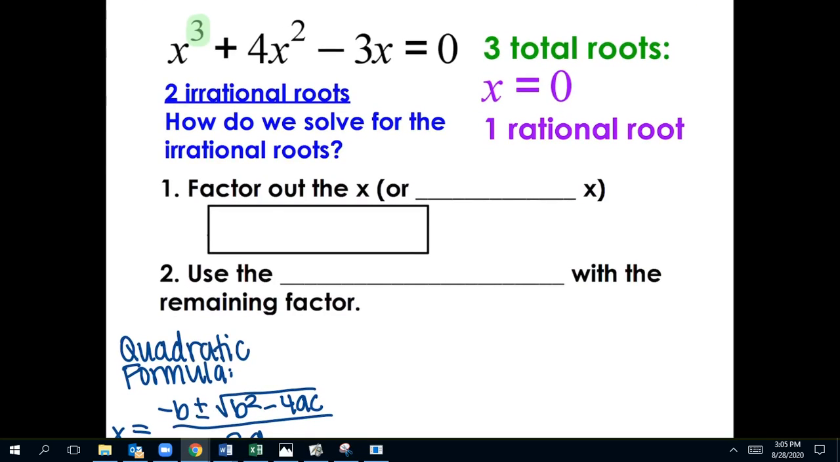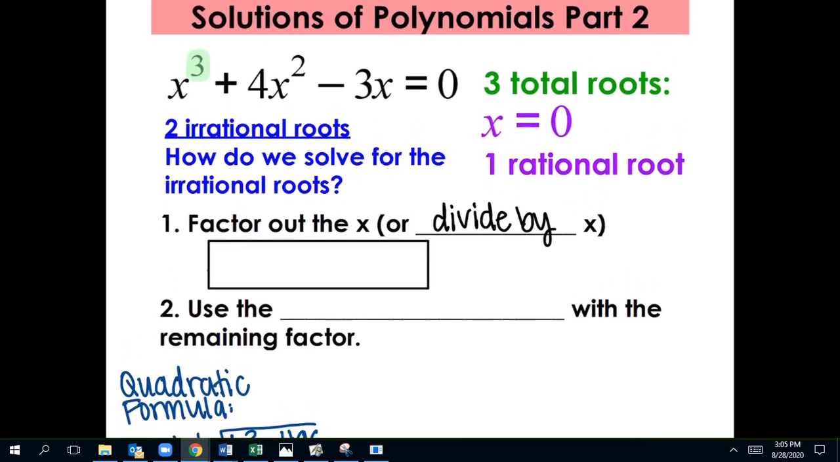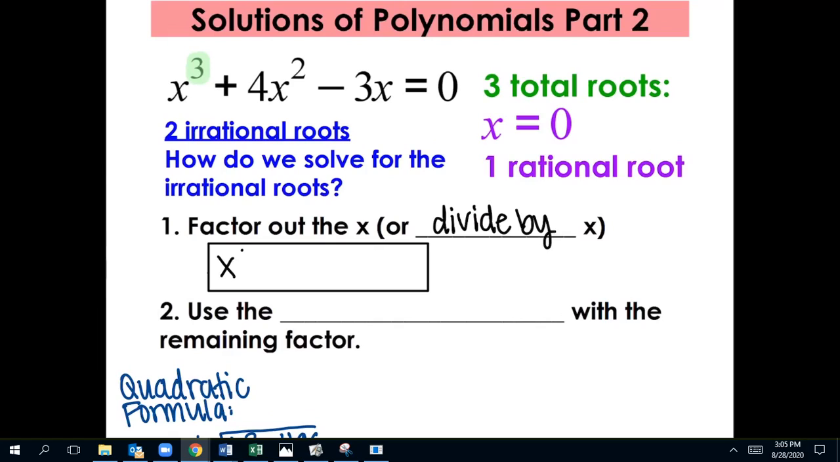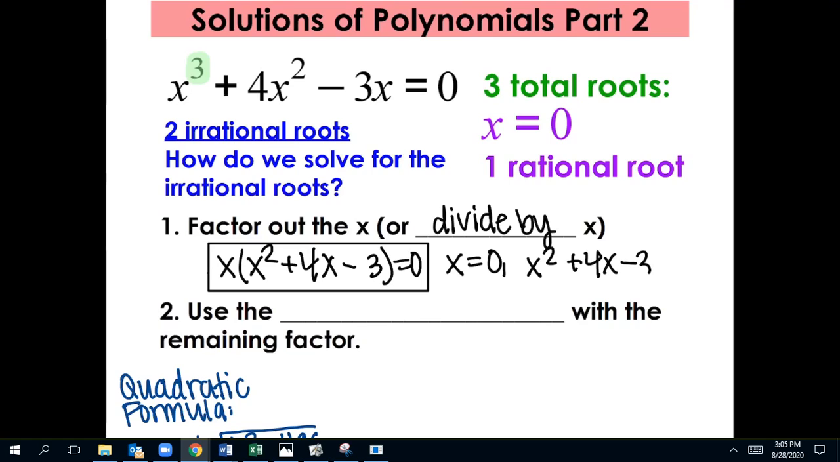What we can do is what we already started, where we factor out the x, and I'm just going to add a little note to that, or divide by x is another way I want you to think about it, because dividing is going to be important to us coming up. And so then we get x times x squared plus 4x minus 3 equals 0. And then, solving, we know that x equals 0, and then x squared plus 4x minus 3 equals 0. And so we can't factor it, but it is a quadratic, and so we'll use the quadratic